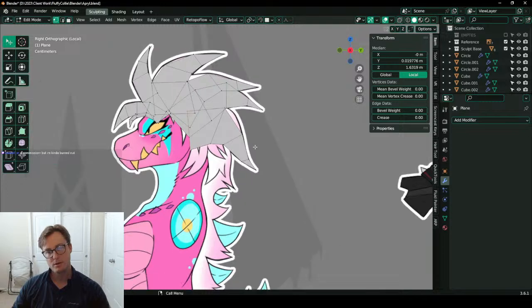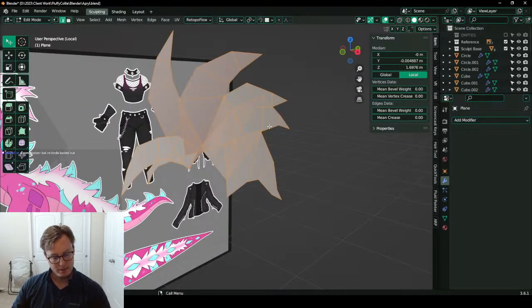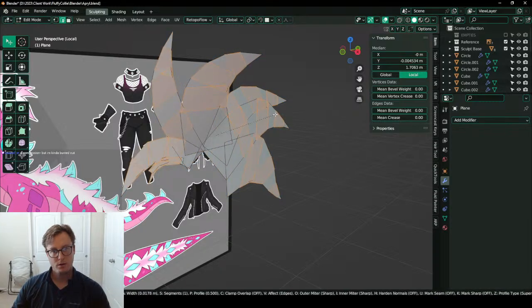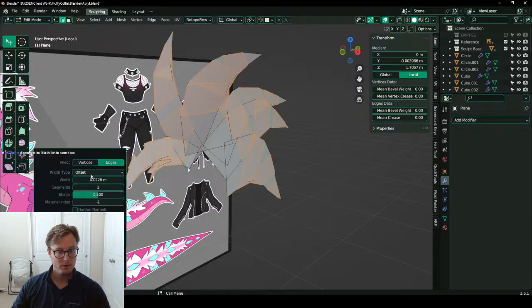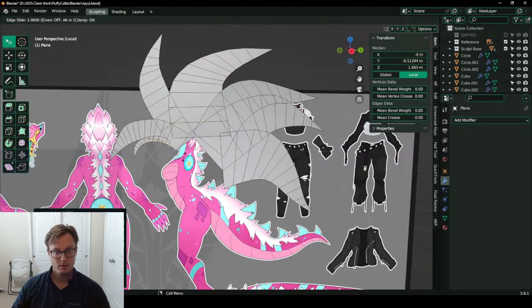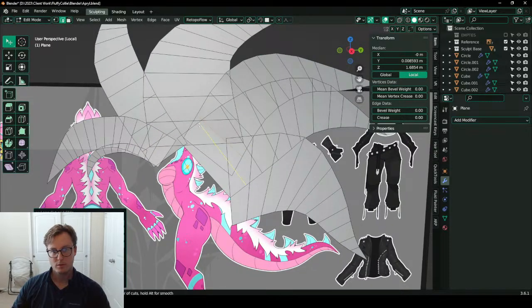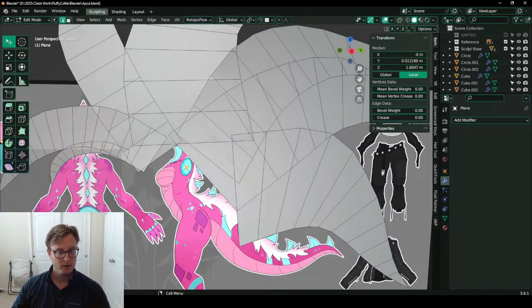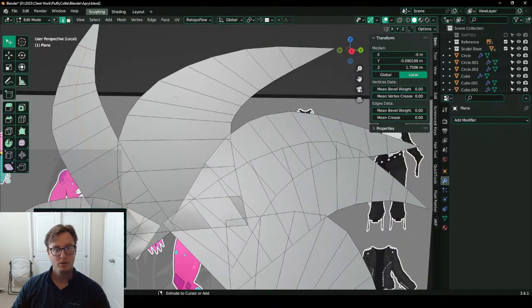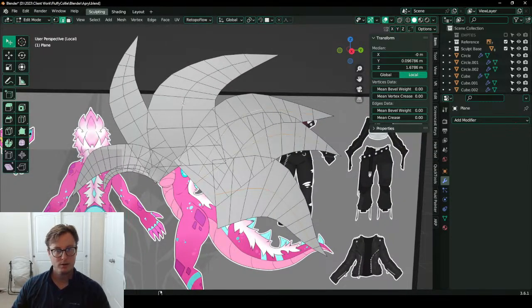All right, let's start with those. So what we'll do is take them, select them all, and bevel them. But we want to bevel them by percent because it works a lot better. All right. Then we're going to cut down the middle of each of them. It's funny to me that this is less work than using curves.